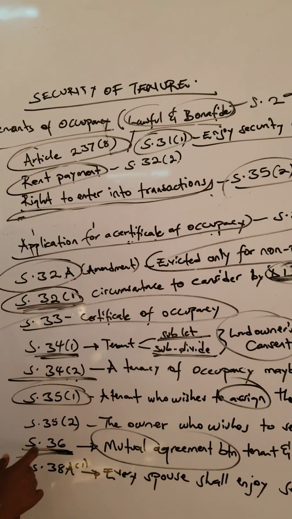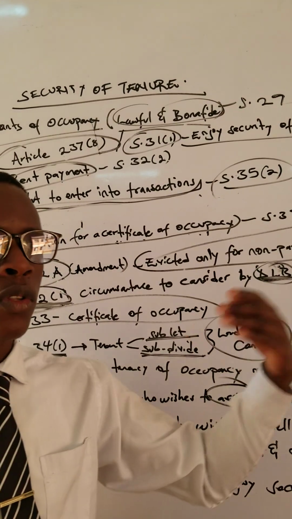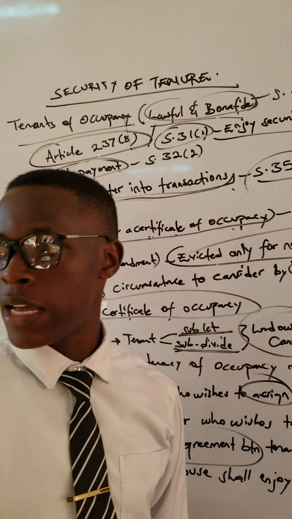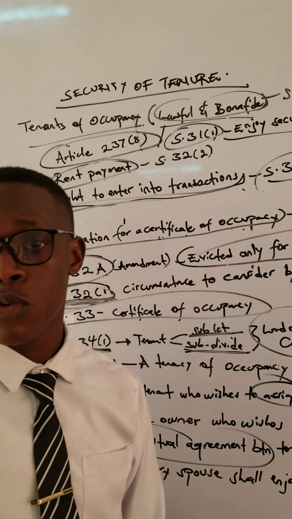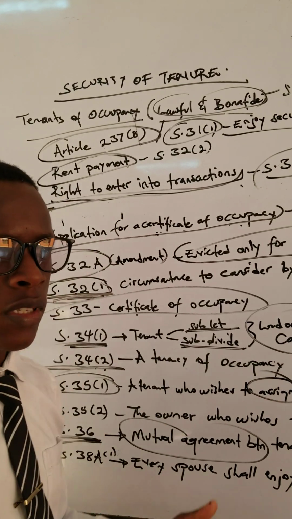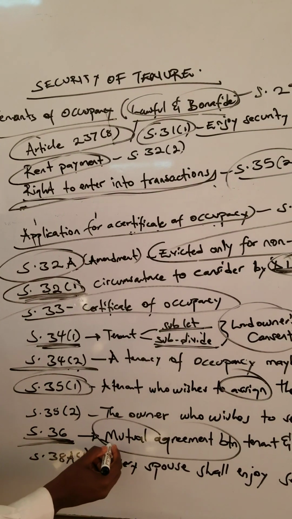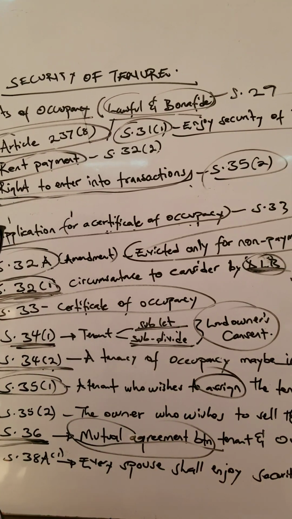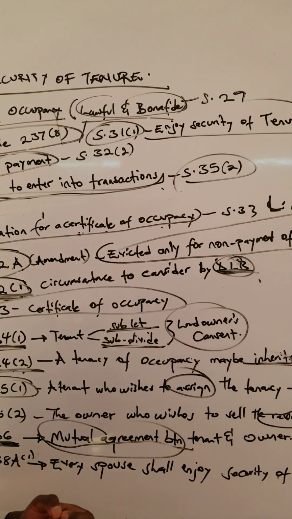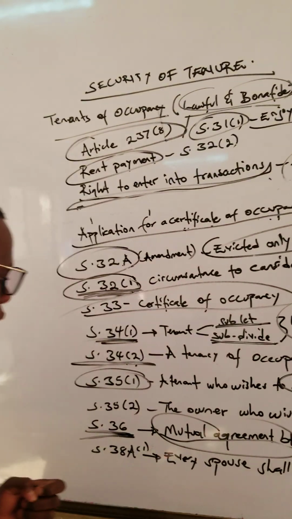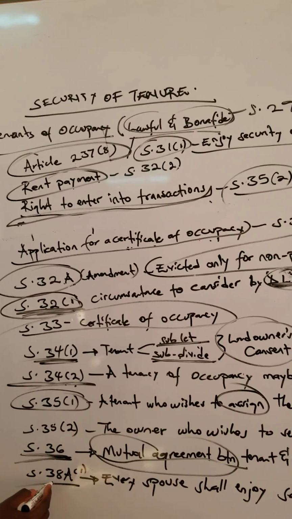And the criteria, as when we read Section 36, basically they go to the Ministry of Land or the District Land Board to make amendments in the title. Because here they have created what? A co-ownership and a mutual agreement. All these speculate what they mean, a security of what? Tenure. Then lastly, when you read Section 38A,